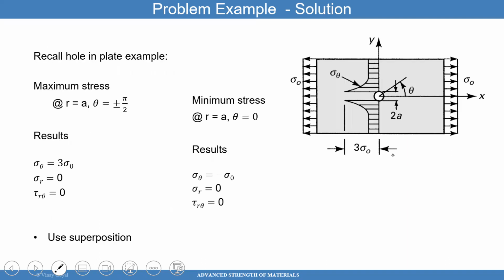Then what I can do is remind ourselves that we studied what a hole can do to a structure that has a far field stress. The far field stress is sigma naught. And I can notice here that this stress state is 3 times the far field stress. We learned that in the stress concentration lecture. We also learned that the stress right about there, aligned with the loading applied at theta equals 0, in the hoop direction, so in the y direction, at this point,